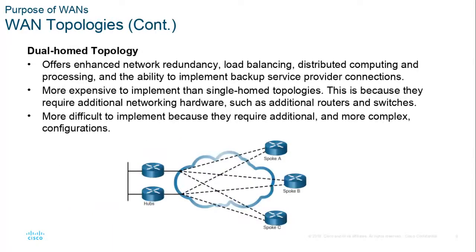Dual home topology is multiple connections. So at the Trinity River campus, we might have two connections. And if one of these devices fails, we still have another one that we'll be able to connect to. Now, this is more expensive, more complex to set up. But in some industries, we don't want any failures to occur. If there's any single physical failure of any kind, we don't want operations to stop. So think of a RAID drive array for a server. If any one drive fails, the data isn't lost.